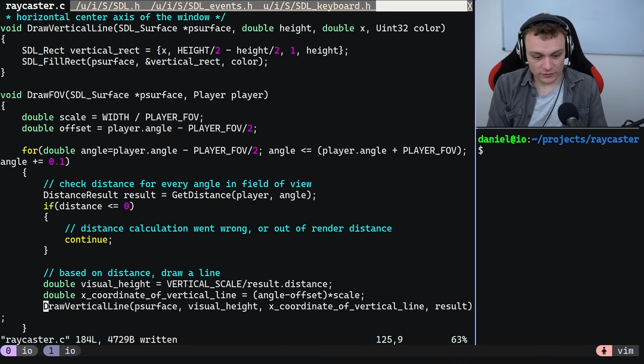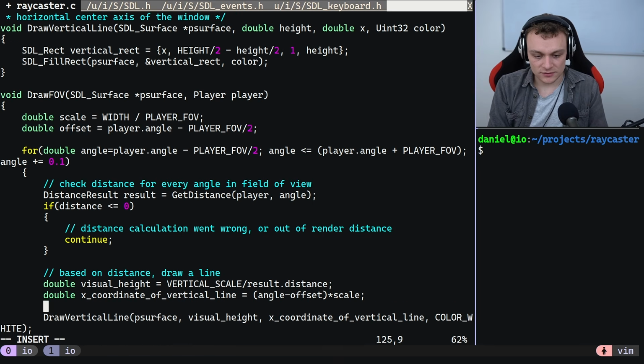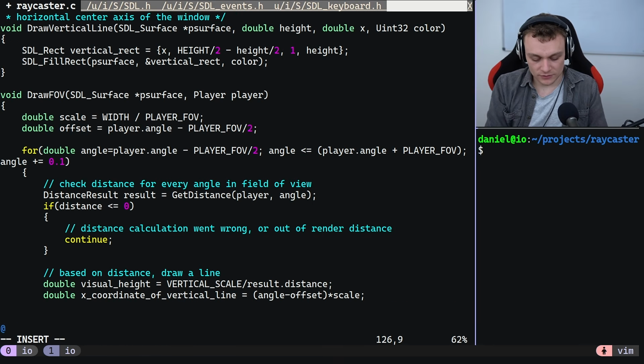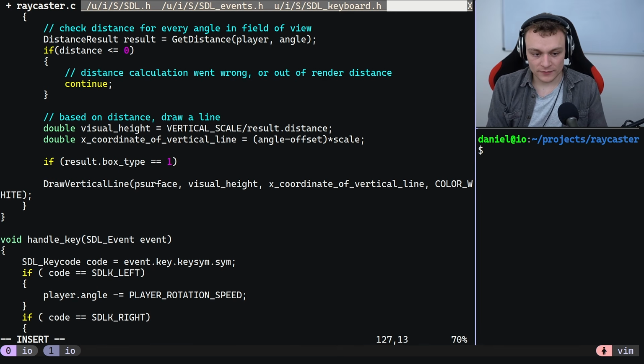So when we draw the vertical line, let's just dynamically compute it here. Probably not so nice, but okay. If result.box type equals 1, then color,